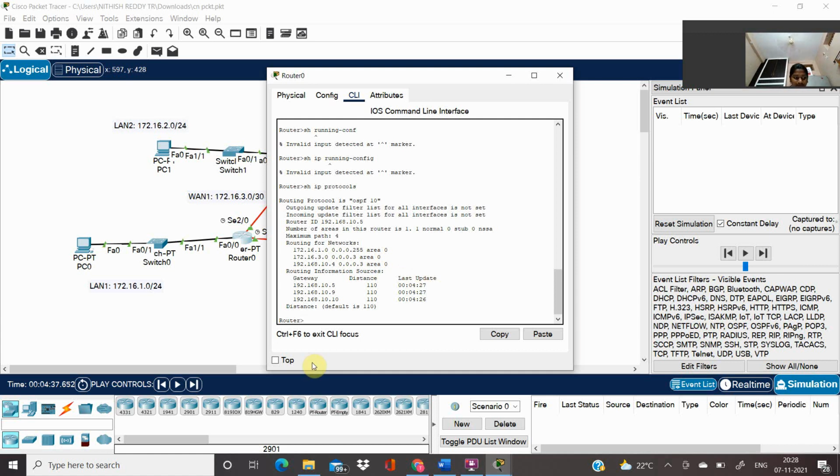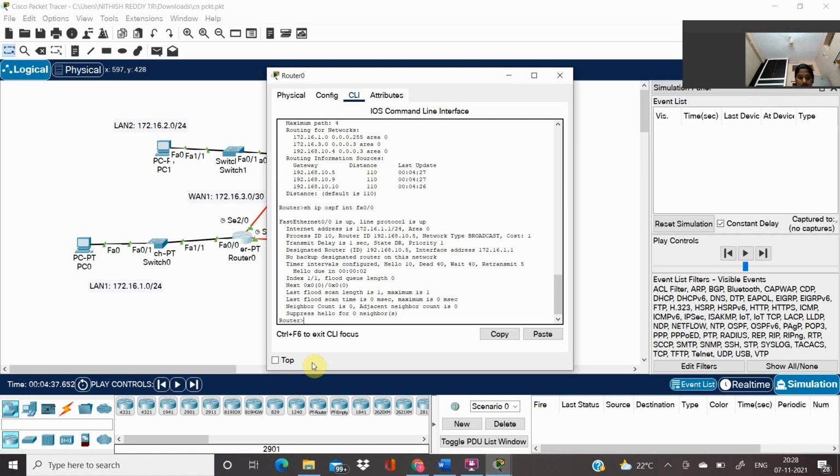And next, I'm giving show ip ospf interface FA0/0, and I got my FastEthernet and the details about this.